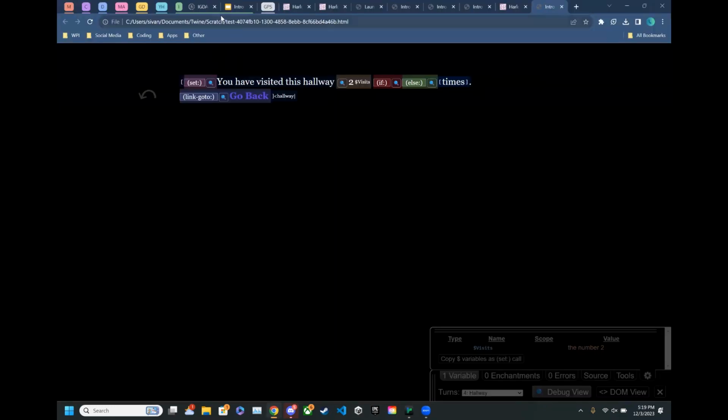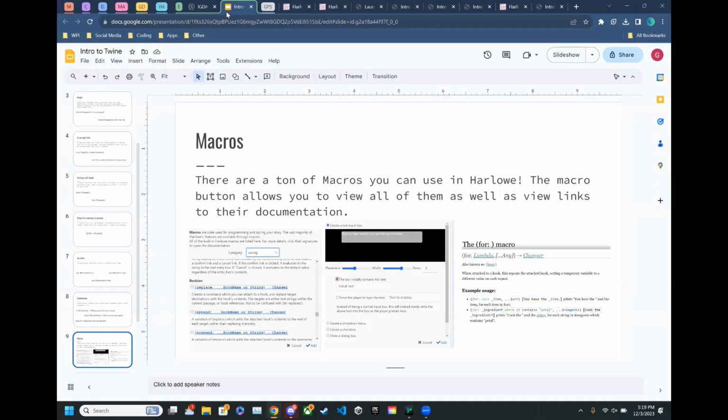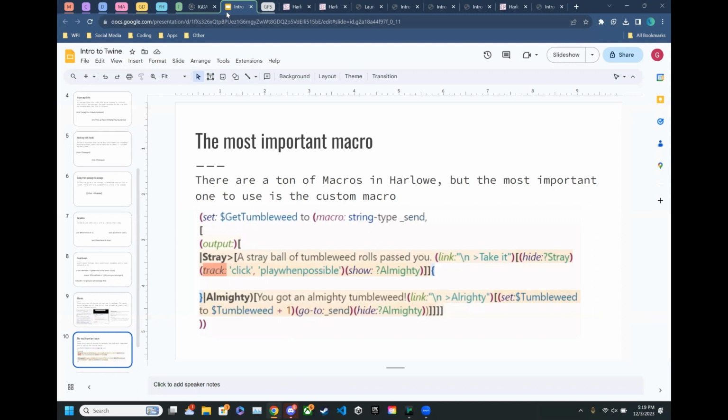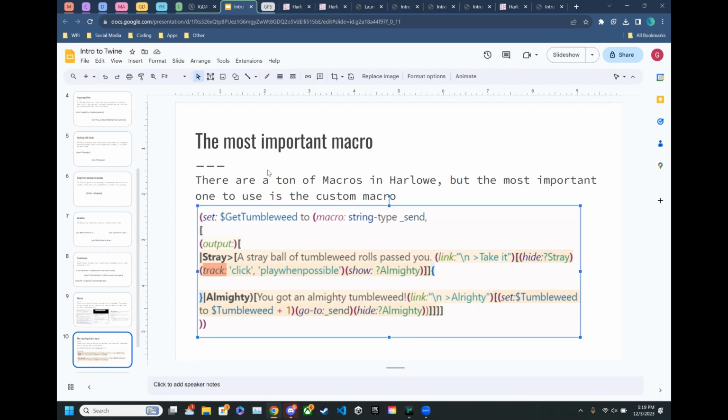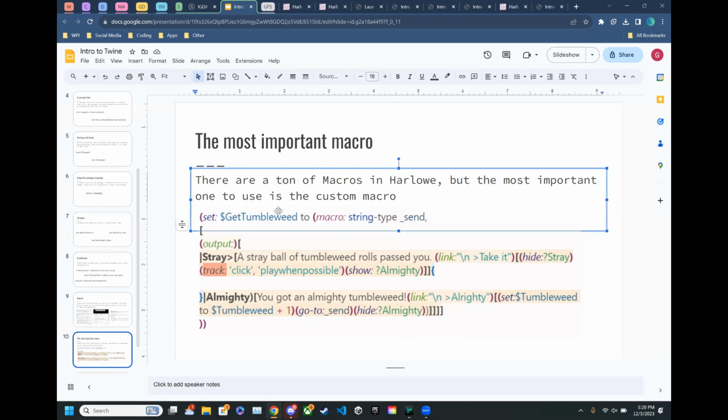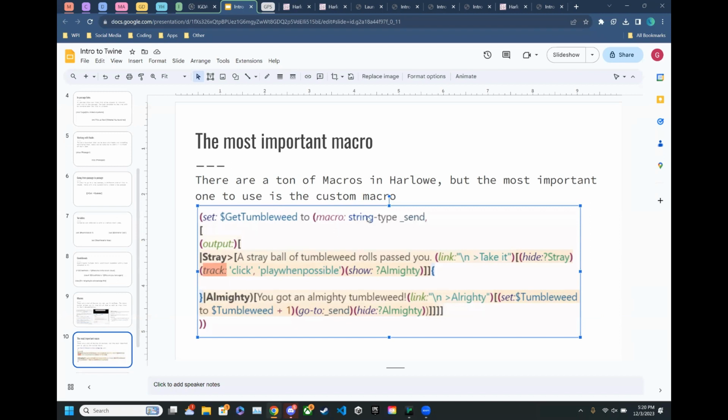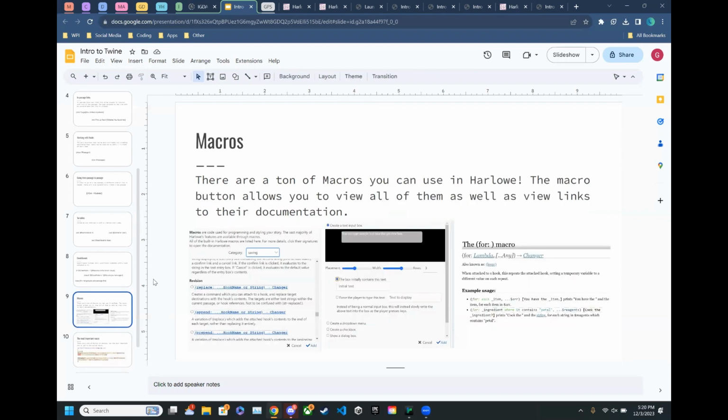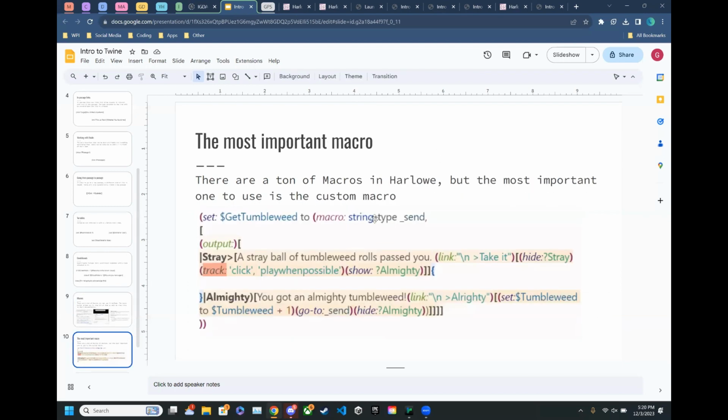But there's one macro that's very important to use, especially for larger passages, and it's the custom macro. This essentially lets you create your own custom function or class in Twine, and it's used by creating a variable as a macro. In this case, it's get tumbleweed, and then instead of setting it to a variable, you set it as a macro. And what this is essentially is what the macro will take. In this case, it takes a string,